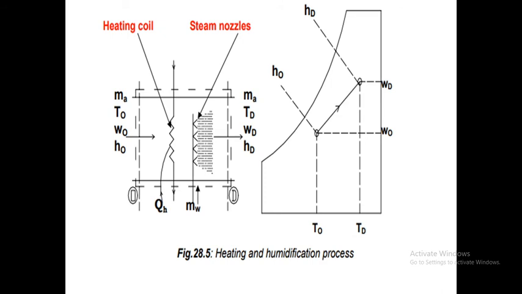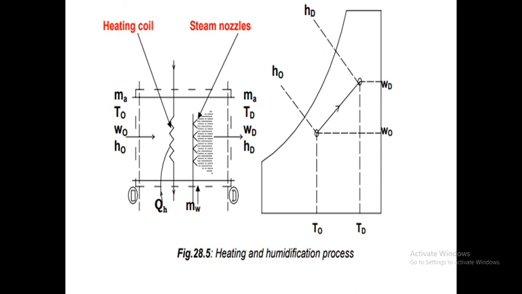Okay, so this is represented by an angular line. It starts from the given value, that is T0, and then extends upward, whereas in dehumidification it extends downward. This is the reverse of dehumidification. So here, from the given DBT value, the line extends upward towards the right. So this is the final.